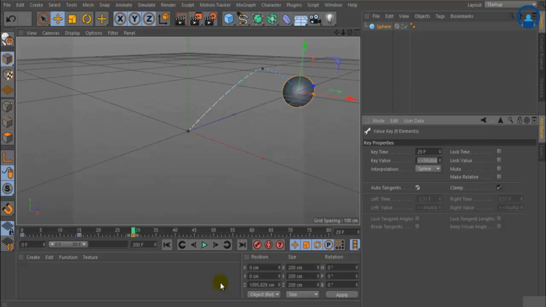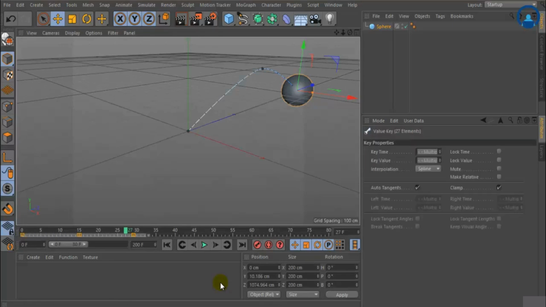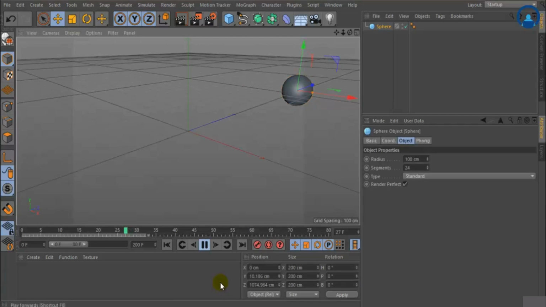Then these are different kinds of keyframe properties. I click over here on the object. I want to delete these keyframes, so I select them by dragging the mouse over the keyframes and then press delete. This way you can very easily delete the keyframes. Now there's no animation for this object because we don't have any keyframes on it. This way you can add or remove keyframes in a very easy manner.